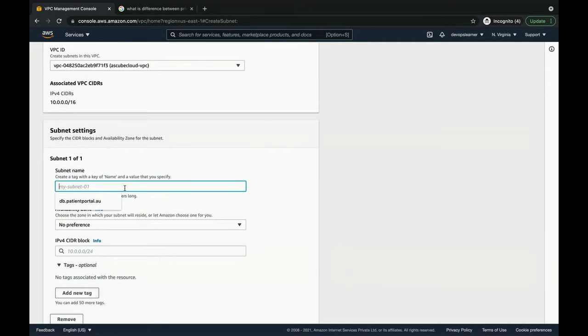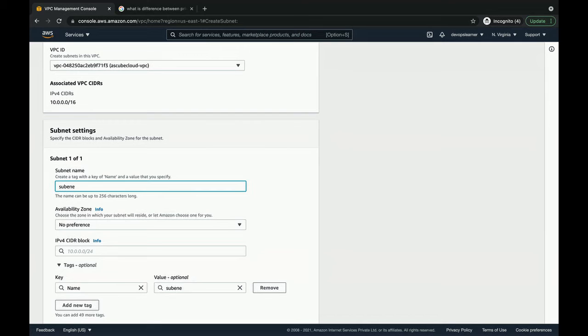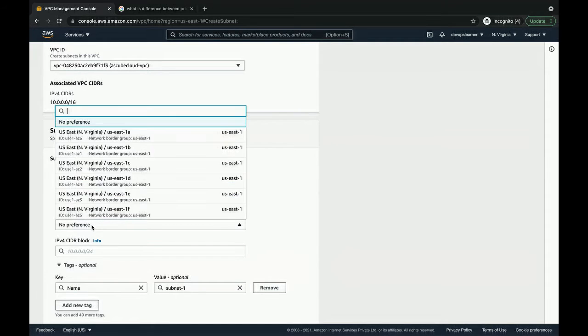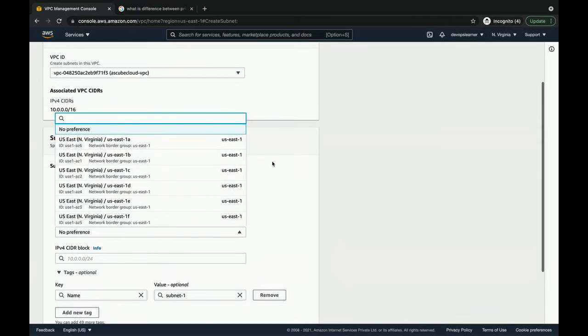You can give subnet one. For availability zone, you can choose whatever availability zone you need. My VPC is hosted in the North Virginia region, and my region has six availability zones. I'm just going to select one.